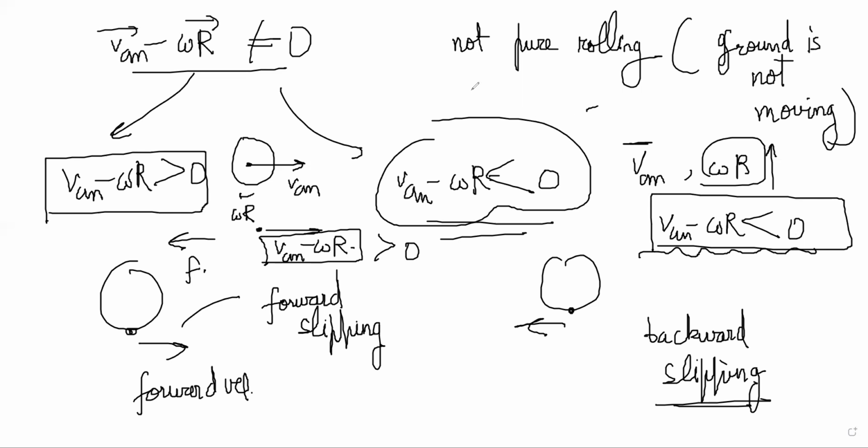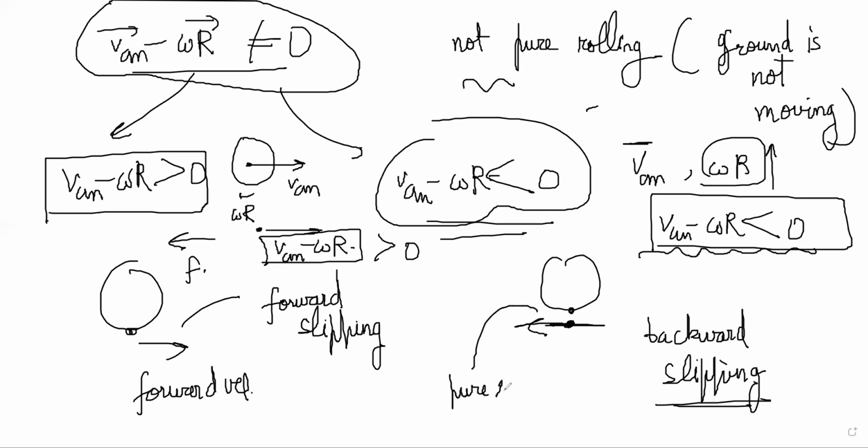In all of these cases, it is not a hard and fast rule that VCM has to be equal to omega r. Keep in mind that it depends on whether the surface is moving or not. If the floor itself is moving, you also have to be moving at the same pace. The bottommost point should always have the same velocity as the point on the floor that is in contact with it, for pure rolling. And if there is not the same velocity, it is called a slipping condition.